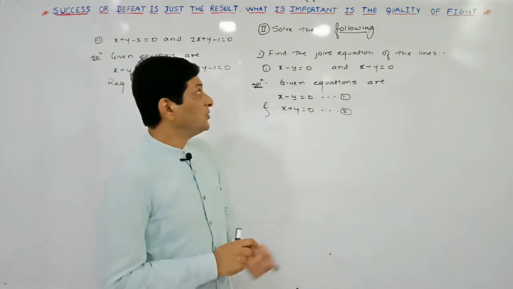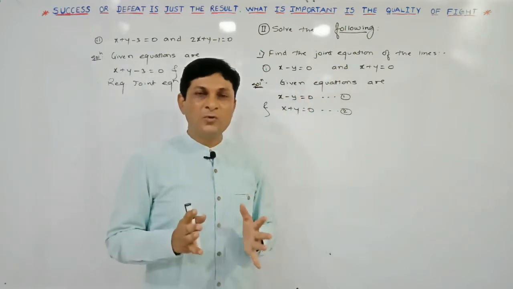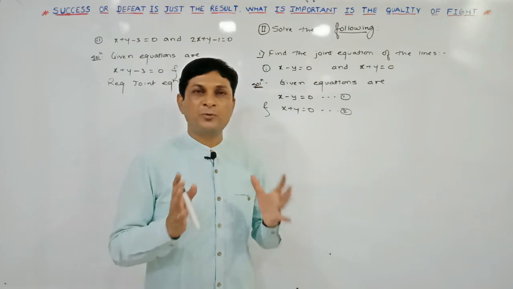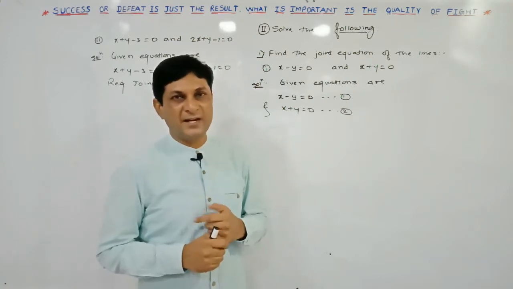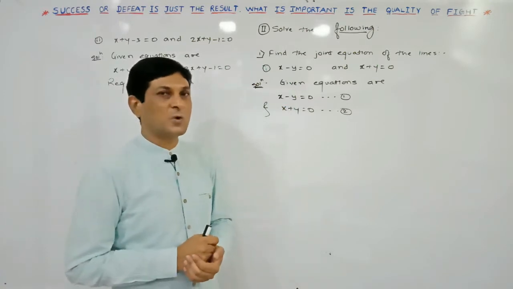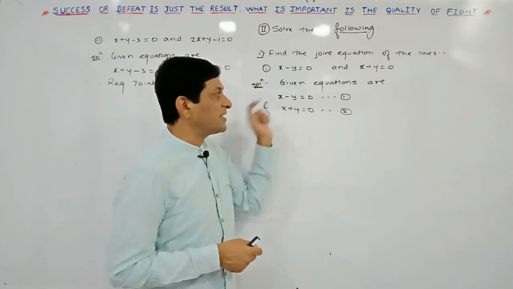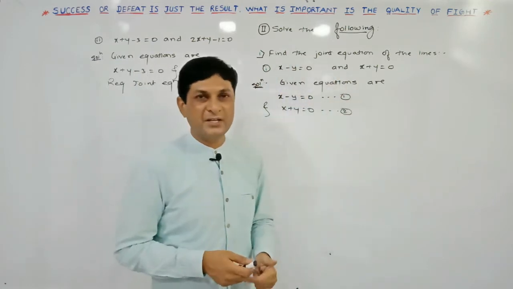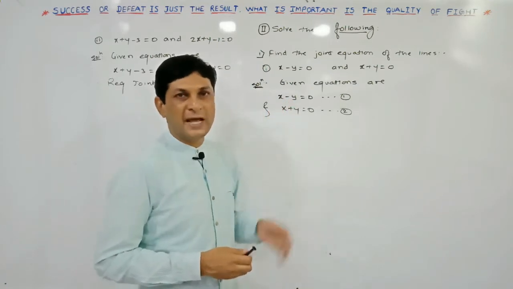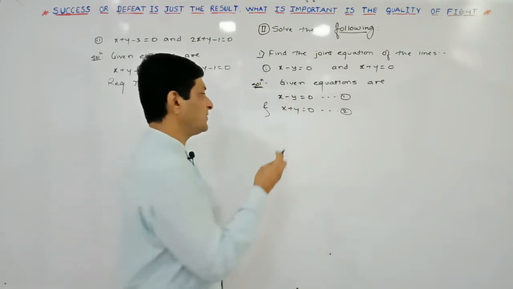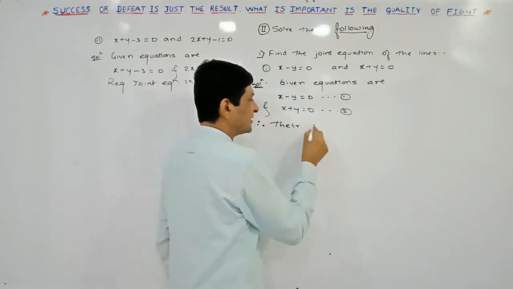In this question we have to find the joint equation of the lines. Already we know how to find the joint equation. If the equations of two lines are given to us, then by taking their multiplication we find the joint equation. The joint equation is also called what? A combined equation. So in this case, the equations of two lines are given to us and the question is to find the joint equation. So simply by taking the multiplication of the equations of these two lines, we will get our required joint equation. So we can say that their joint equation is,